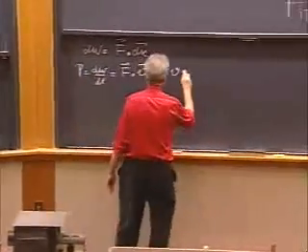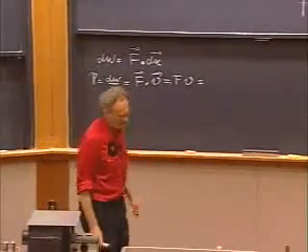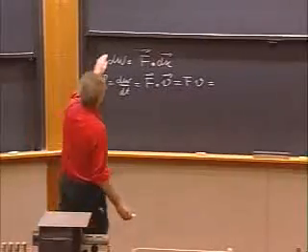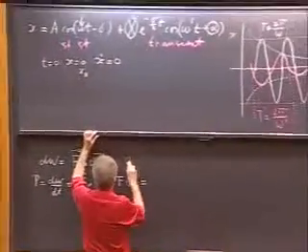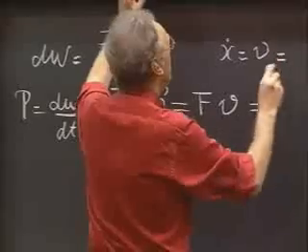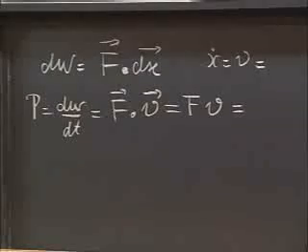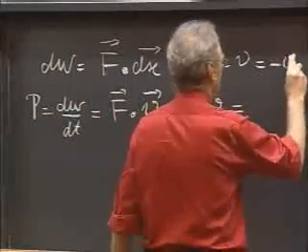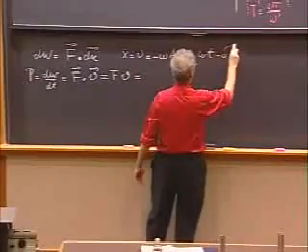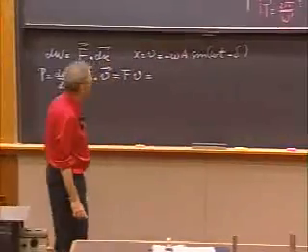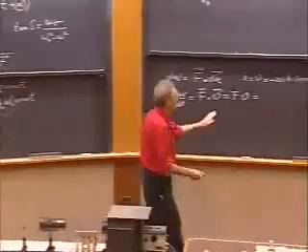So now, I have to know what the velocity is in the steady state solution. Well, that's easy, because I go to the steady state solution here, and I calculate what x dot is. So I'll put that here, x dot, which is V. So the derivative of cosine omega t is minus omega times the sine. So I get minus omega times A times the sine of omega t minus delta. But that's the velocity. But I know what the force is, that is F0 cosine omega t. So there we go, F0